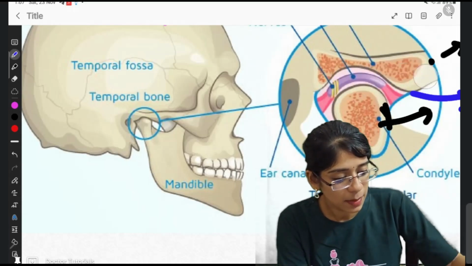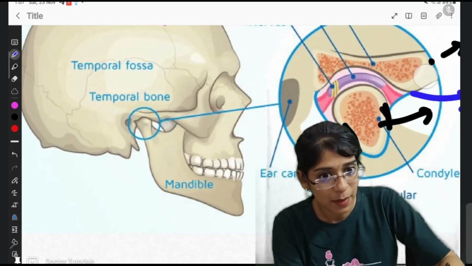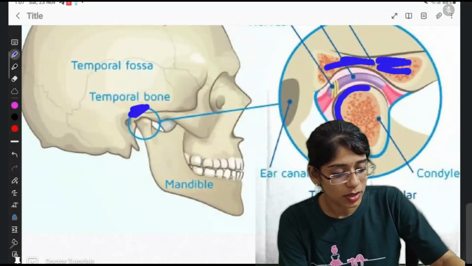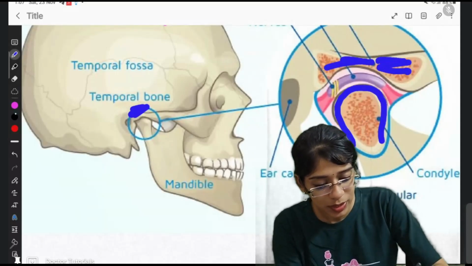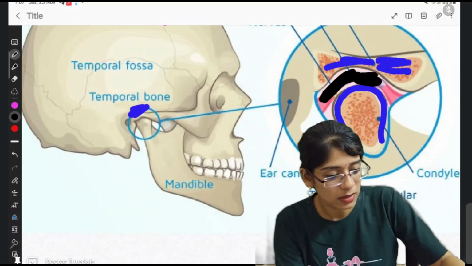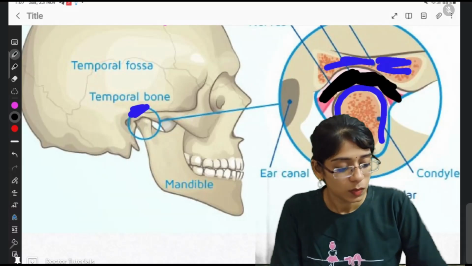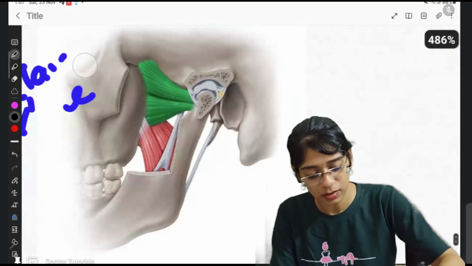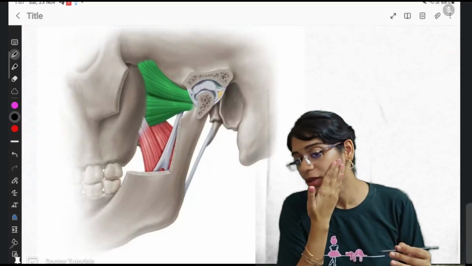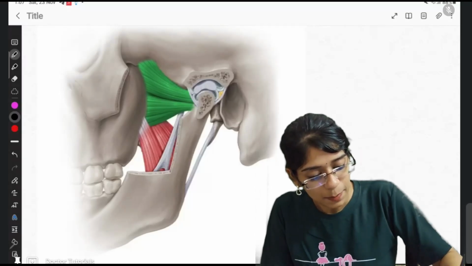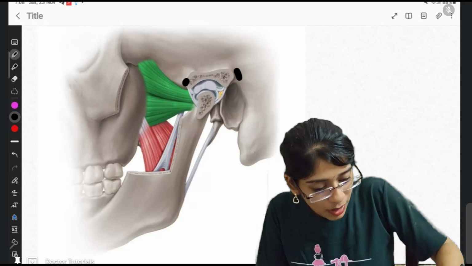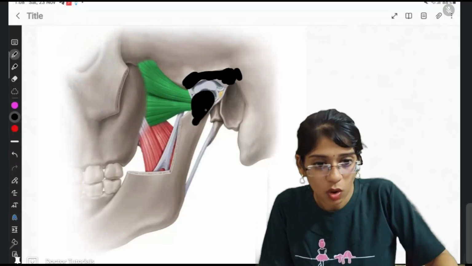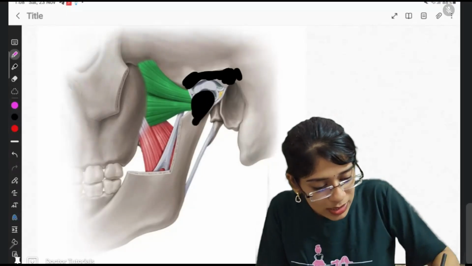Once again, this is the temporomandibular joint enlarged. The upper part that I have drawn is the temporal bone, and below it is the condylar process of the mandible. In between, whatever you see, is the articular surface of that joint. Now, look here, guys. Again, this is a lateral view, I'm looking from the side. This part that I'm drawing is the temporal bone, this is the mandibular bone, the condylar process, and in between, whatever you can see in white, is the